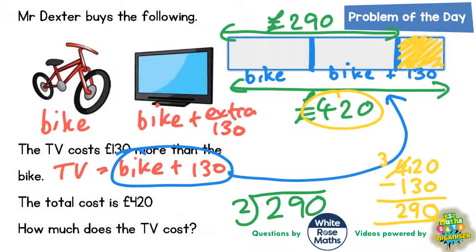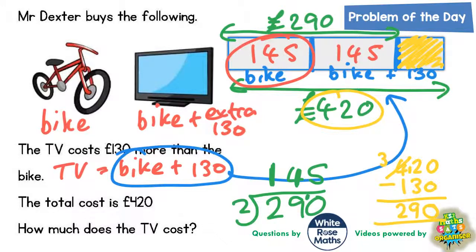Well, 2's into 2 goes once, 2's into 9 goes 4 times, that is 2 4s are 8, so that's a remainder of 1 to get it up to 9. So 2's into 10 goes 5 times. So if you split the 290 in half, you get 145. So that must be what goes on each section there. Now this 145 is the cost of the bike. So finally we know the cost of the bike was